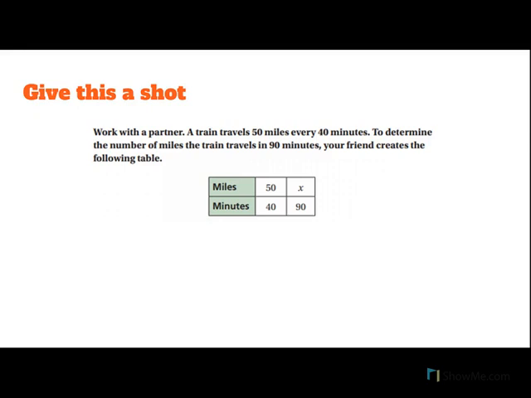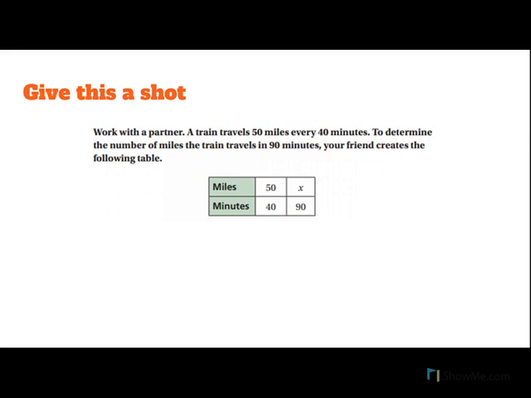So all of the steps that we've done up until now have really been leading to this. And in fact, everything we're doing today we've done before. We're just going to look at maybe an equation or a formula we can use to make our lives a little bit easier. So when we've seen problems like this, here we have a train that travels